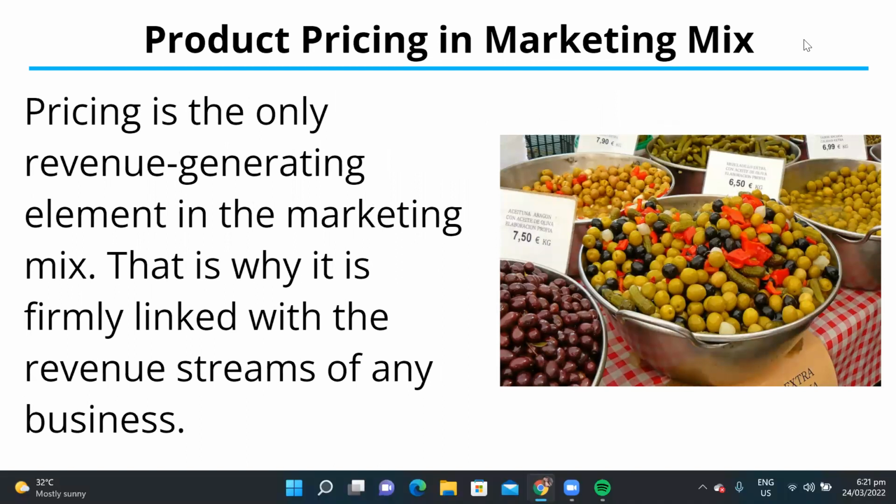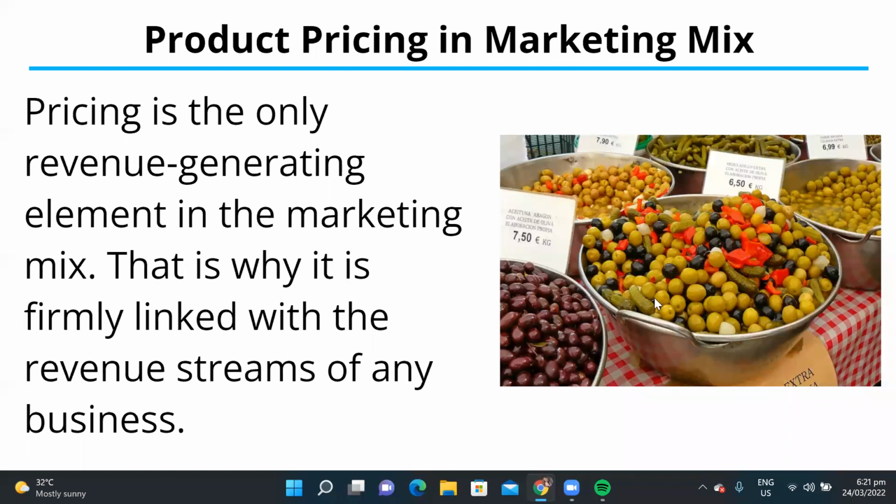Product pricing in marketing mix. And so pricing is the only revenue generating element in the marketing mix. That is why it is firmly linked with the revenue streams of any business. So, isa sa reason kung bakit siya core element ng business, it's because isa lang yung bukod tanging revenue generating element. Okay?